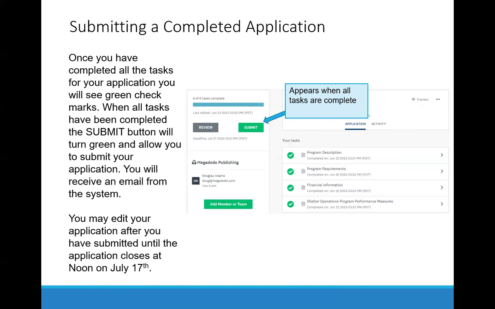So, submitting an application. Once you've completed all the tasks for your application, you'll see all the green check marks. When all tasks have been completed, the submit button will display in green and allow you to submit your application. You'll receive an email from the system once you've submitted. You may edit your application up until the close date for the application,